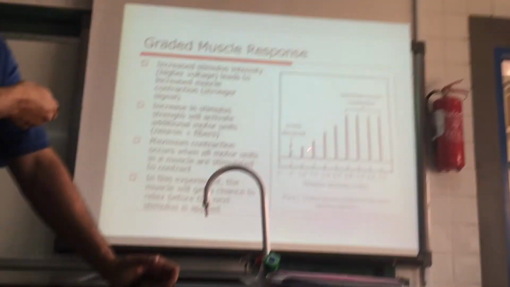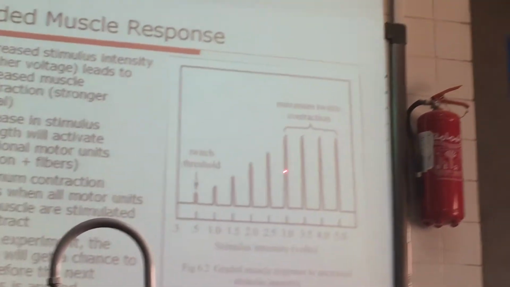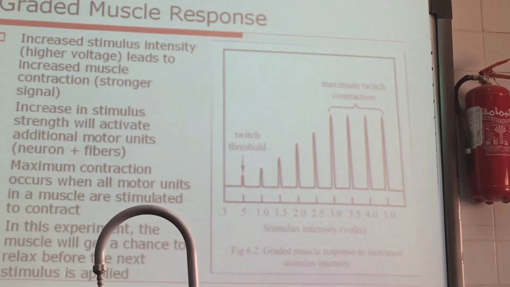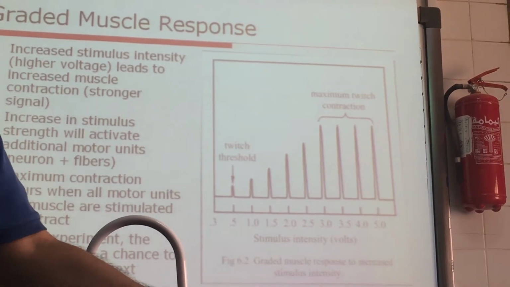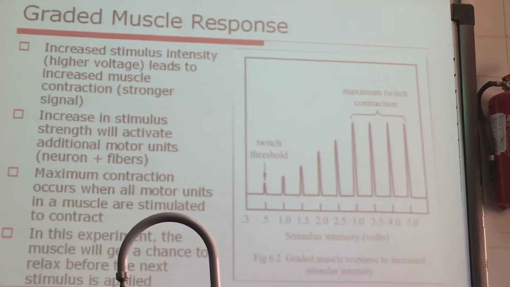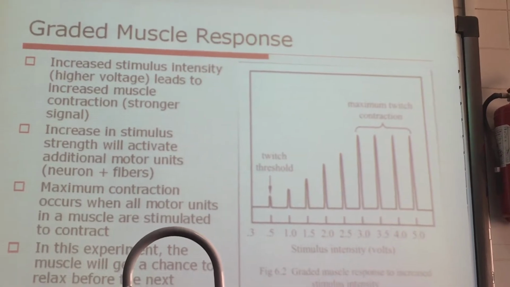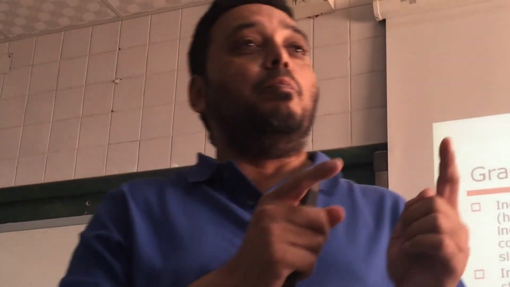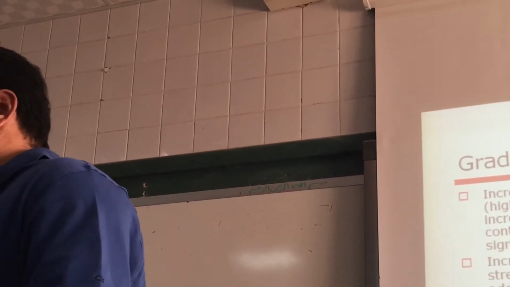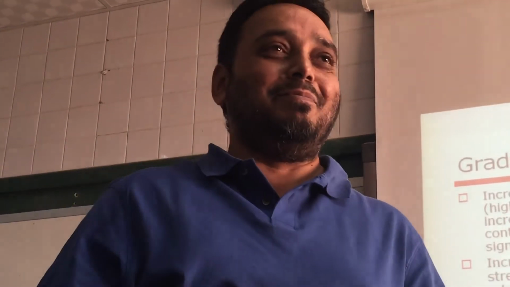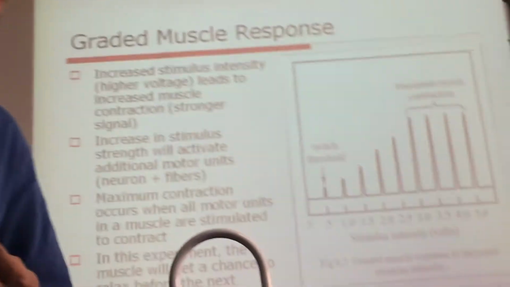Here 150, here 200, here 250, and here 300. And 300 is the total number of motor units, for example, in that muscle. Okay? What about small or maximum? I have told, let me repeat, that's why I told you at that time also. Motor unit is where the all or none law applies, not to the whole muscle. All or none law applies to motor unit, not to the whole muscle.